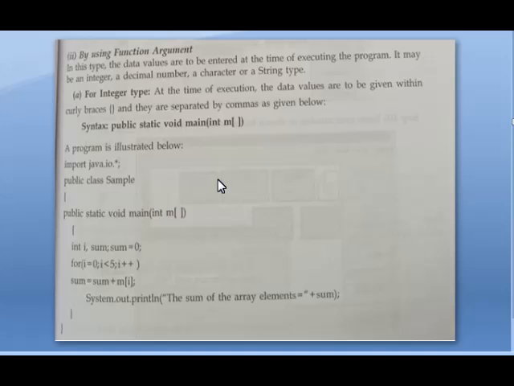So in this type, the data values are to be entered at the time of executing the program. It may be an integer, a decimal, a character or a string type. For integer type, at the time of execution, data values are given within curly braces and they are separated by commas as given below. See, this is an integer array where the loop will be repeated 0 to 4 times. Every time we are able to find out the